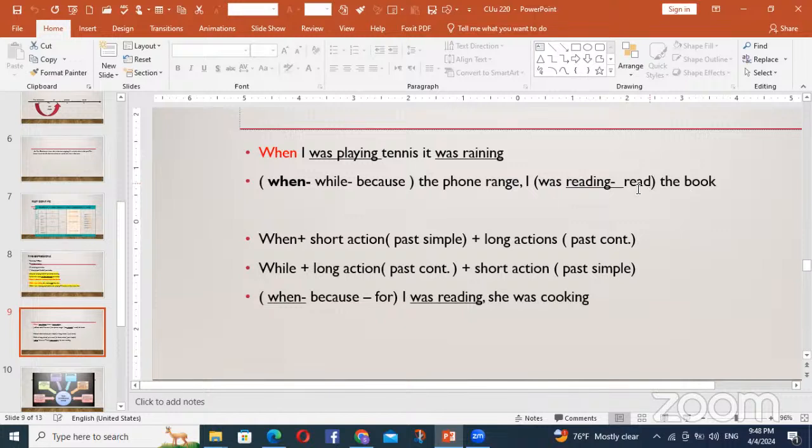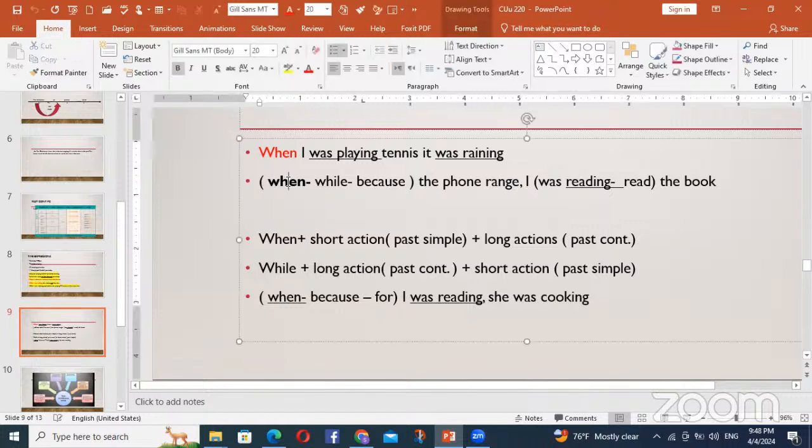Look at this sentence. We wanted to compare them, or we will connect them. When the phone rang, I was reading the book. We have here two actions. Again, the time word that I use here means "when". When the phone rang. Rang means it is the sound for a coming call, okay? I was reading the book.